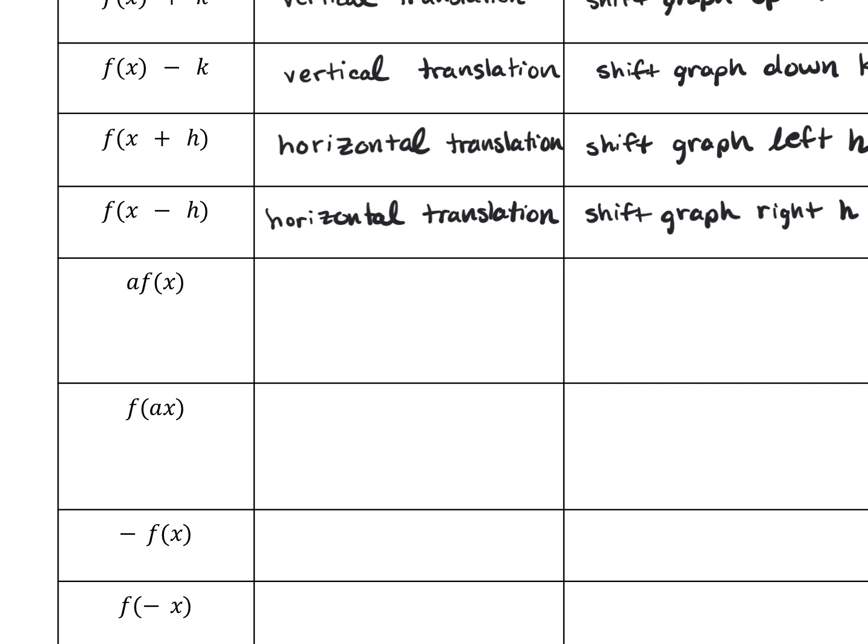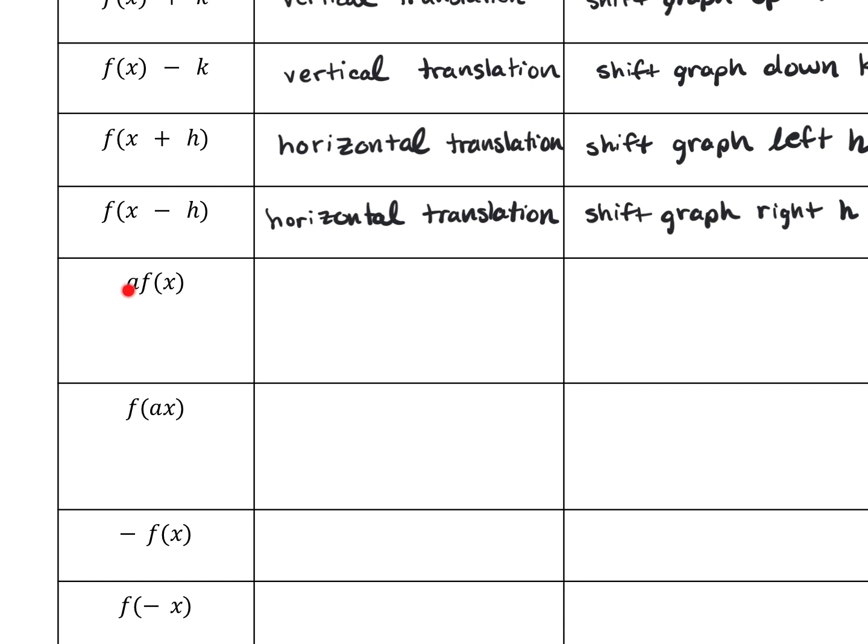So here you can see that we are multiplying part of our function by a constant. Anytime you're multiplying by a constant, that is going to be a stretch or shrink. Now here you can see that we're multiplying outside of our function in front. It is not clearly grouped with x, so since it's out front, we will call this a vertical stretch or shrink. Now, to decide if we call it a stretch or shrink, we actually need to look at the value